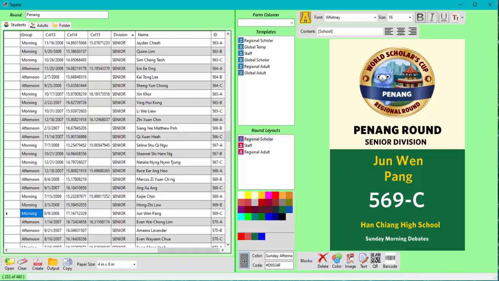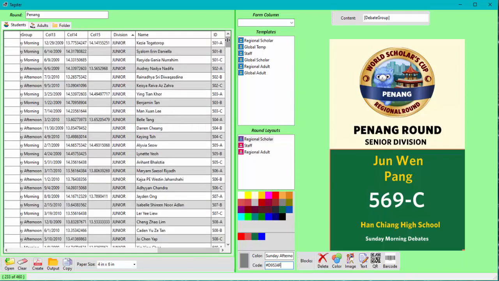Okay. Now the trick I used for getting these funny colors here was I went in here and looked at this and it says debate group. So I gave the name of the debate group that became the name of a color, and that way the color was specified by which debate group you were in. And now these can all be created in the same run, and I'm going to sort them by